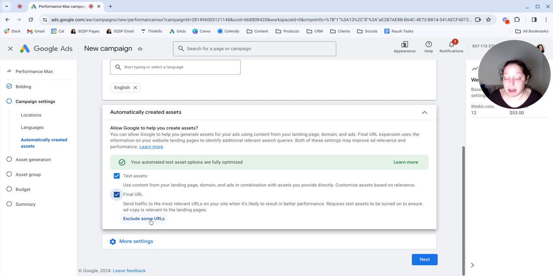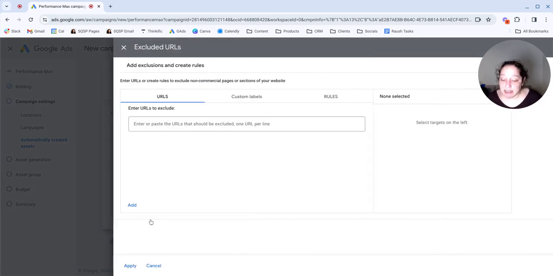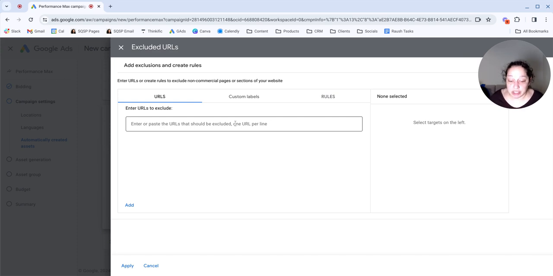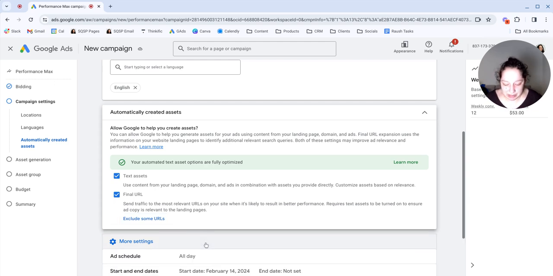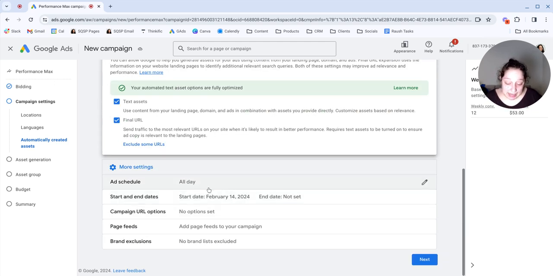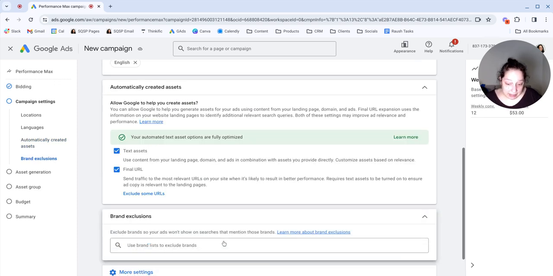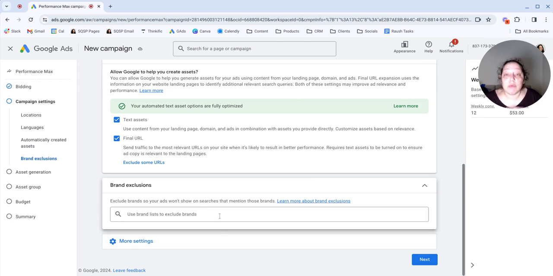So again, final URL: I'm not going to say always use it or always don't use it. If you are using it, you may want to add some exclusions. For example, excluding your blog, excluding your contact page, or maybe you want your contact page, excluding a thank you page if applicable, things like that. I'll just keep those checked for now in case in future demonstrations I want to use them. But most businesses I'd work with, I would say uncheck those two boxes. Then under more settings, if there's a certain ad schedule, you can do it there. Brand lists. So this is where if you don't want to advertise when people are searching for your brand,